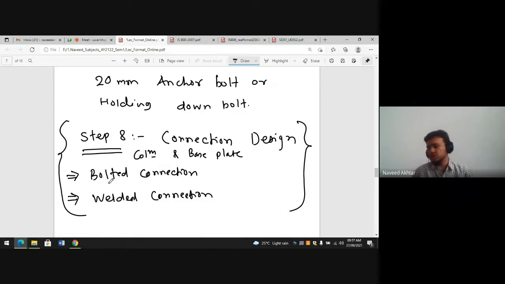And then step number 8, we have to do the connection design, as we have already completed in step number 1. It may be bolted connection, so you have to find out based on the load the bolt value, and from the bolt value you can find out the number of bolts required, because you know the load. If you are going for the welded connection, you have to decide the size of weld based on the thickness of flange, thickness of web, and thickness of plate, and also length of weld required. Okay, so that is nothing but design of connection.